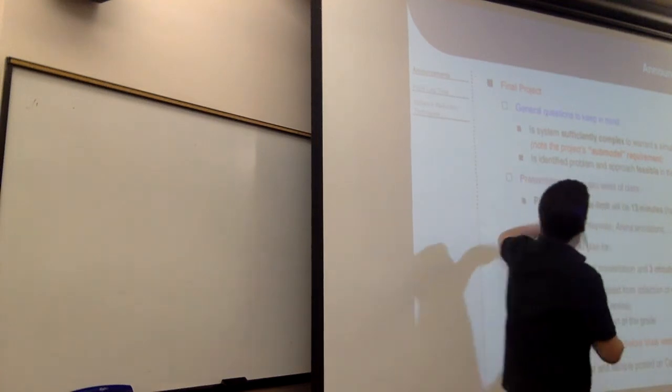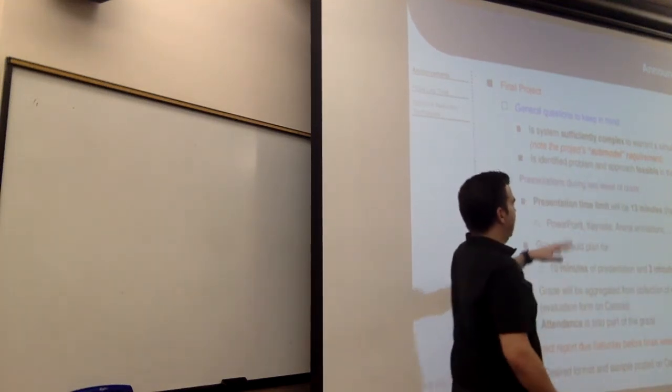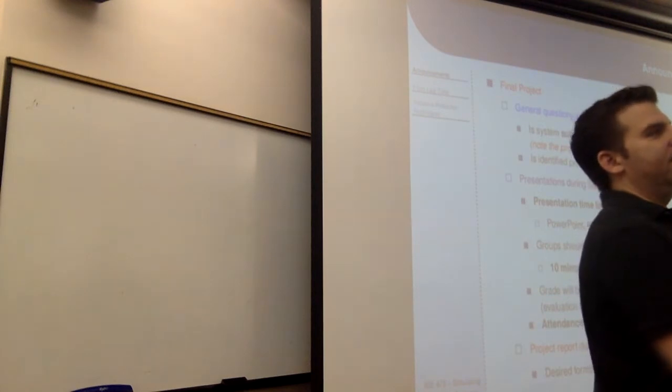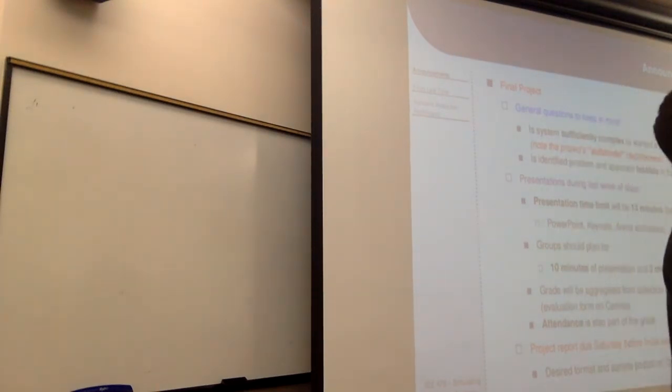I'll take the second one first: we're not looking for an actual capstone project here. You're picking a small-scoped project that you can accomplish in a short period of time, but you do want to make sure that you're not just validating a queuing theory result. If you find that in your simulation you're just confirming that when you add another server, the average wait time goes down, we don't really need a simulation for that. Now, your as-is system might be just as simple as that, and then you just have to validate that a simple simulation model of an M/M/1 queuing node actually matches the data.